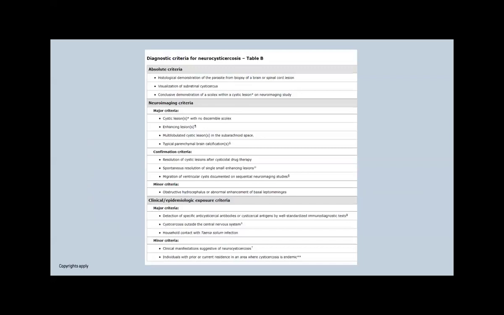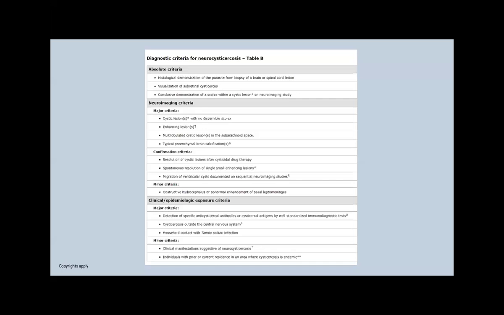And then the diagnostic criteria is as demonstrated in this table. The absolute criteria is histological demonstration of the parasite from a biopsy of the brain or spinal cord lesion, visualization of subretinal cysts, conclusive demonstration of a scolex within a cystic lesion on neuroimaging. Major criteria on imaging is cystic lesions with no discernible scolex, enhancing lesions, multilobulated cystic lesions in the subarachnoid space,